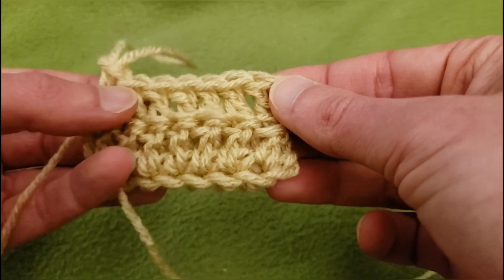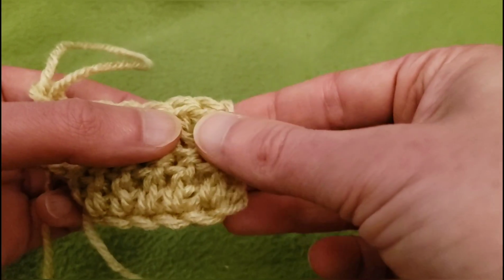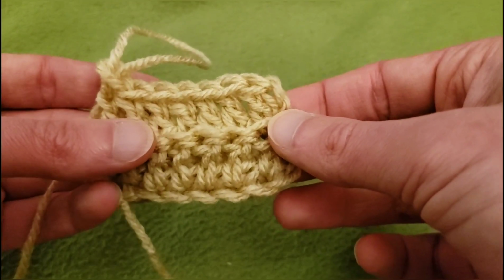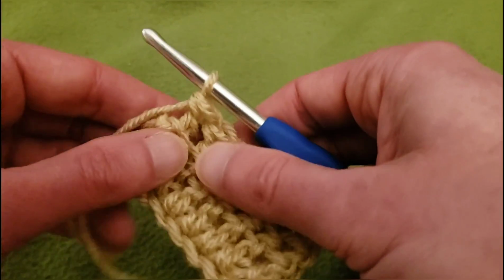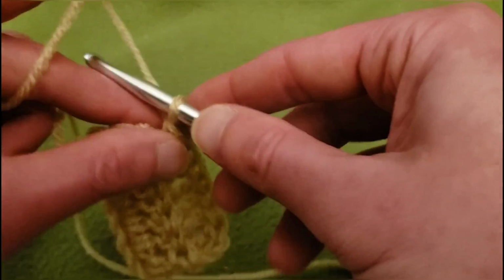All right, so we've got 1, 2, 3, 4, 5, 6, and 7. Perfect. All right, let's do another row or 2 or however many. All right, chain up 2,